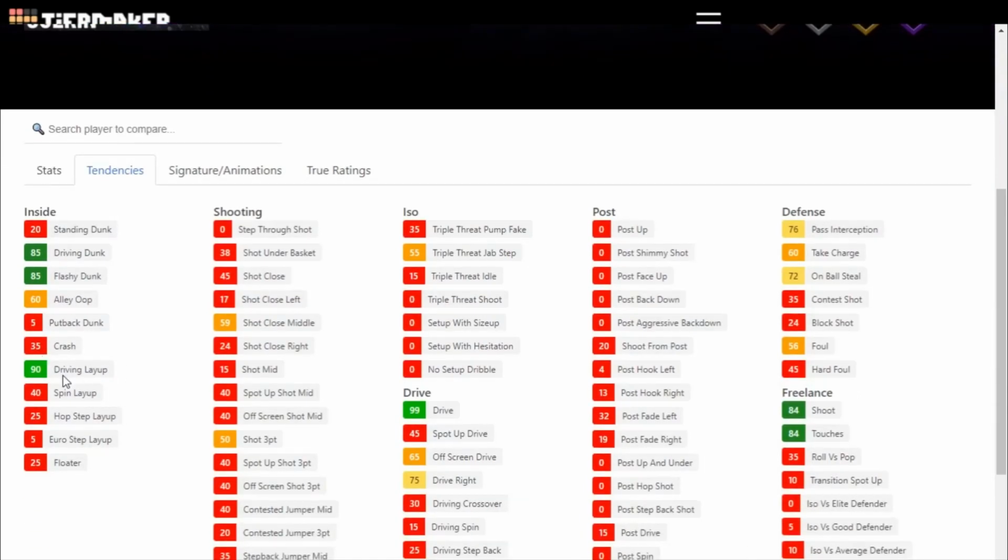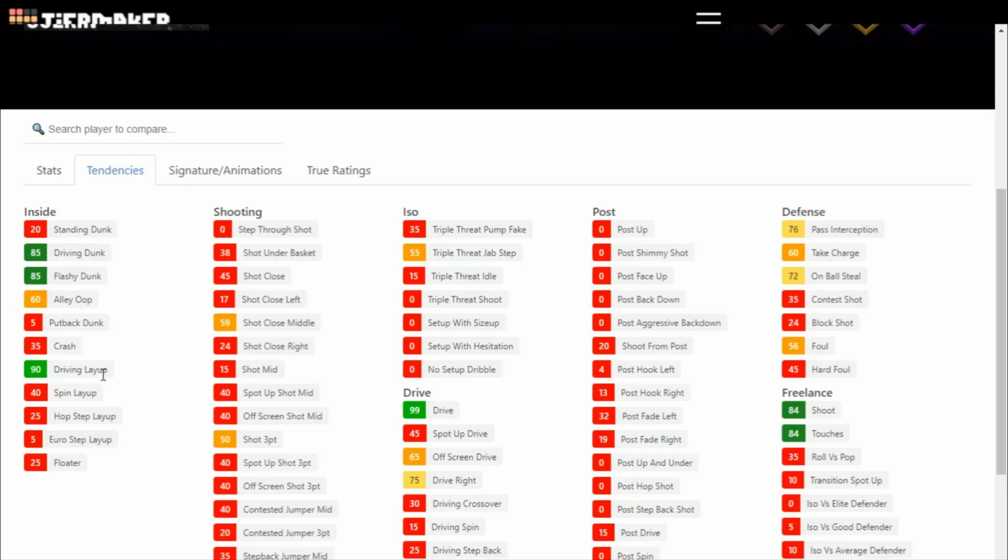Now, this actually is weird with his driving dunk and his driving layup because they're pretty similar, so it could be either or. Just kind of depends how you're attacking the rim and how the defender is playing it. Depends what animation is triggered, if it's a layup animation or if it's a dunk animation. Having a guy who has high in both of these is kind of iffy because you don't really know. Like Isaiah Rider has a lower driving layup and a higher driving dunk. That's why he throws down so many dunks as opposed to guys who even have better stats than him. That's why that is the case. Because Richie Guerin has a higher driving layup than a driving dunk, which means the layup is going to beat it out occasionally.